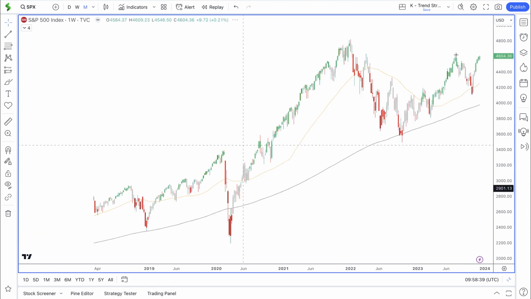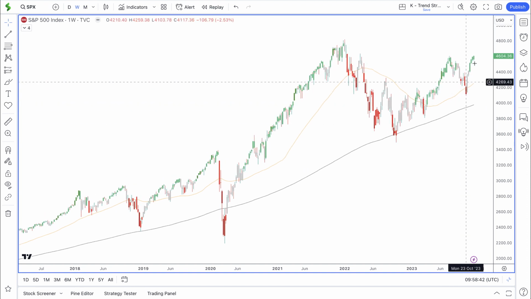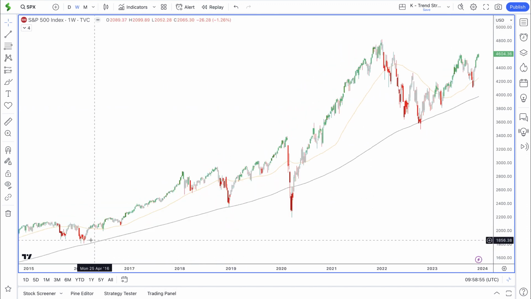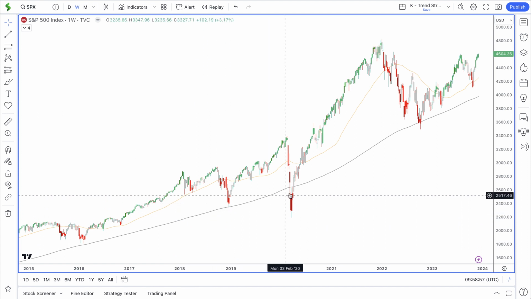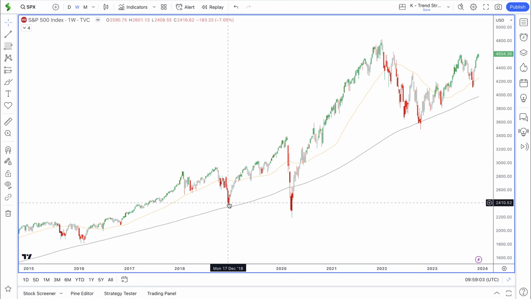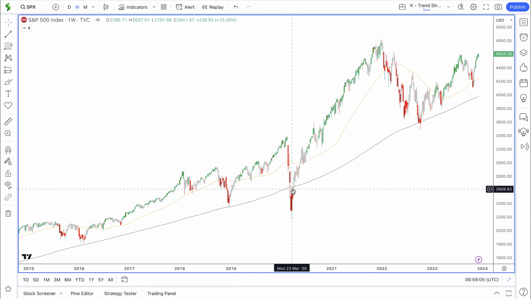So if I just go down to the weekly time frame now, we can see that the trend filter is green, indicating that we have bullish momentum, and price is also above the 50 and the 200 simple moving averages. And if I just zoom out, we can see how well the 200 simple moving average has been holding as support. So if we look all the way back here in January 2016 and again in December 2018,